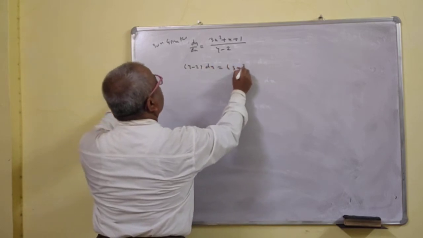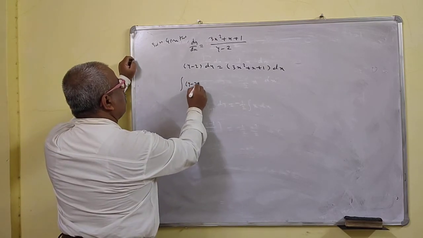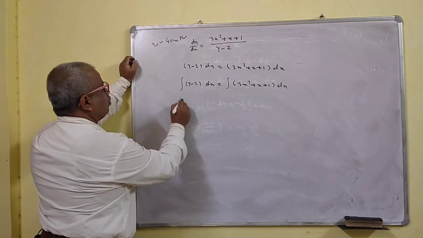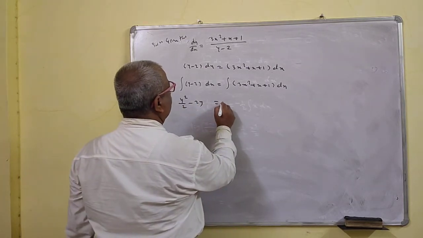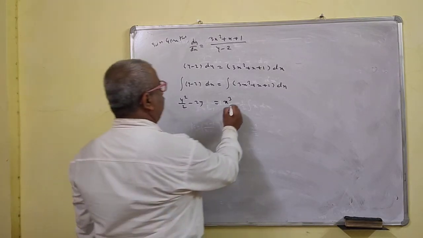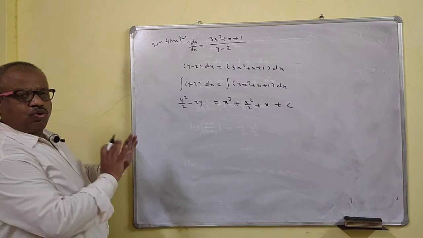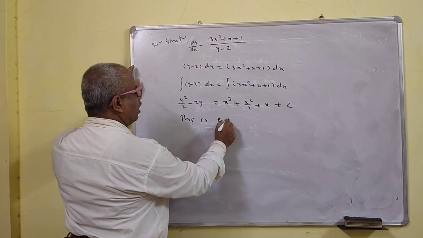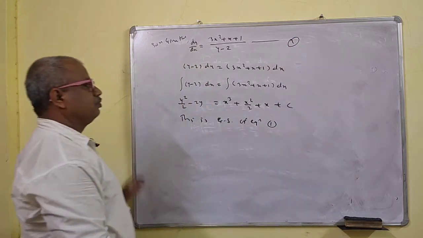y minus 2 dy is equal to 3x square plus x plus 1 dx. Integrating, if it is variable separable form, just you have to integrate this. So this is y square by 2 minus twice y is equal to just x cube, because 3 into x cube upon 3 gets cancelled, plus x square upon 2 plus x, add c somewhere. So don't do anything, this will be the general solution of equation 1. I will write the equation 1 this. Okay, so very simple.